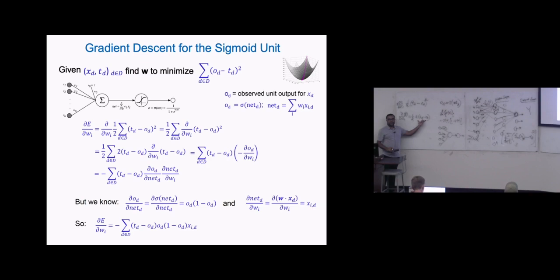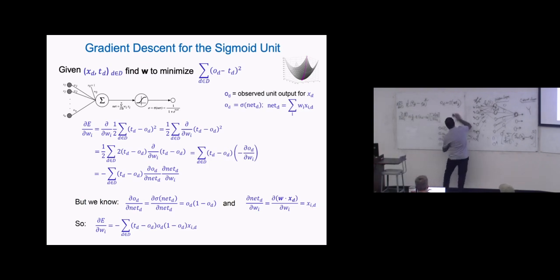Chain rule, right? Then whatever this x is, we have to take a derivative of that x as well. So we are essentially looking at the derivative of this and the derivative of this. What is the derivative of TD with respect to Wi? 0. Why? There's no W, it's just a label. It doesn't depend on W. It's a constant, right? That's 0. So all you need to compute is minus the partial derivative of OD with respect to Wi.